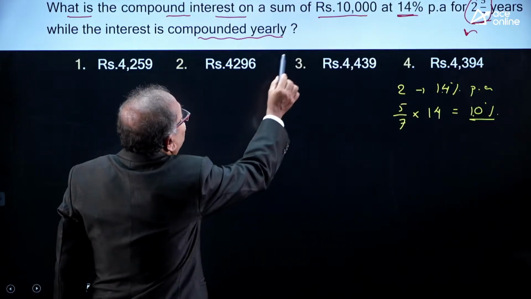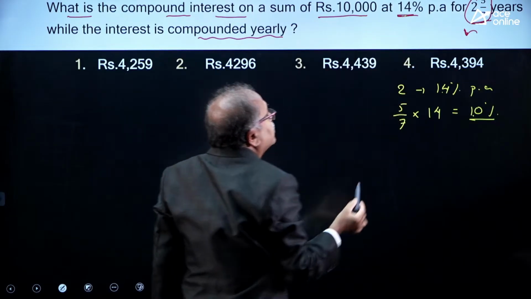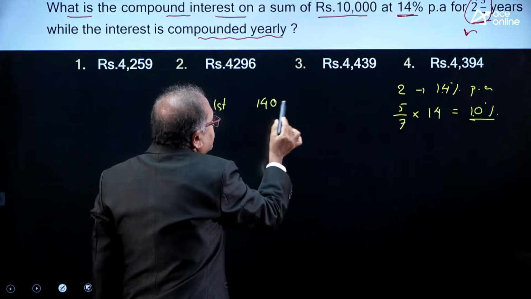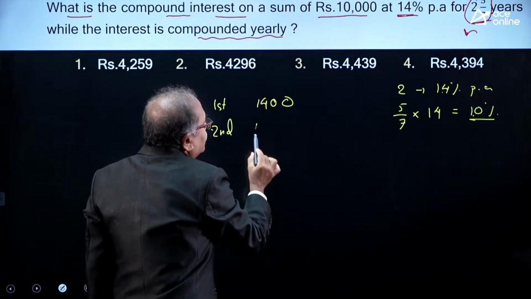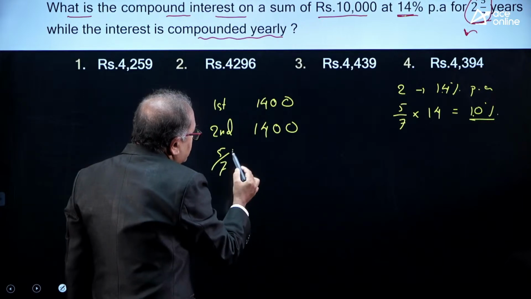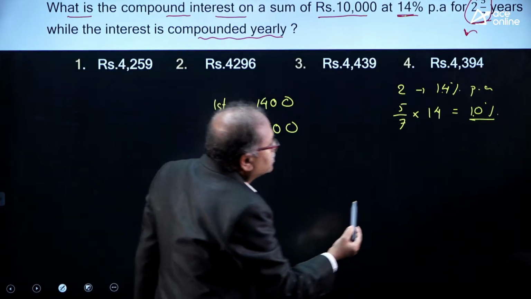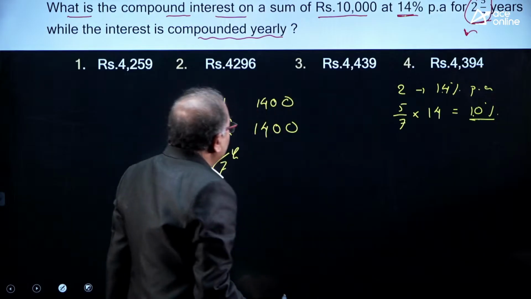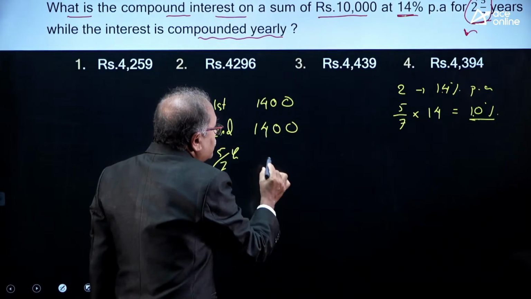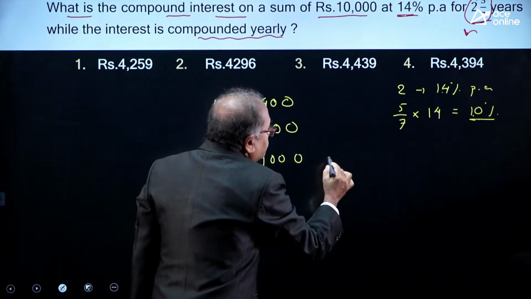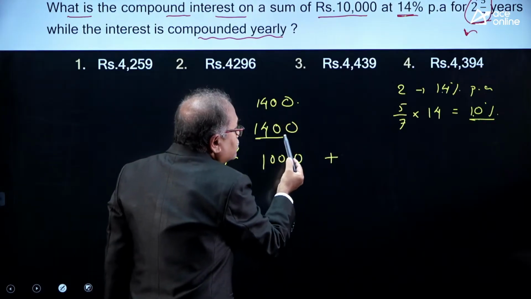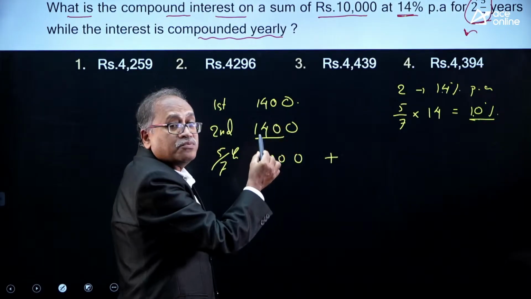Okay. Let me go with that. As there is a round figure, I will go for 14%. So, first year 14% of this is nothing but 1400. Second year is also 1400. But what about the 5 by 7 years? For 5 by 7 years I will consider the rate of interest is 10%. Am I right? So, 10% on 10,000, that is 1,000, plus interest on interest. So, here for this year you will be taking how much? 14% of this, that comes